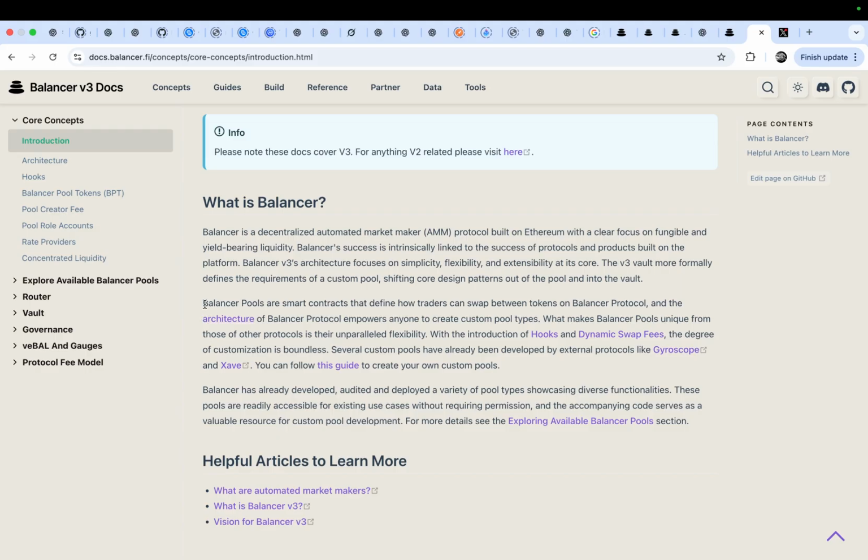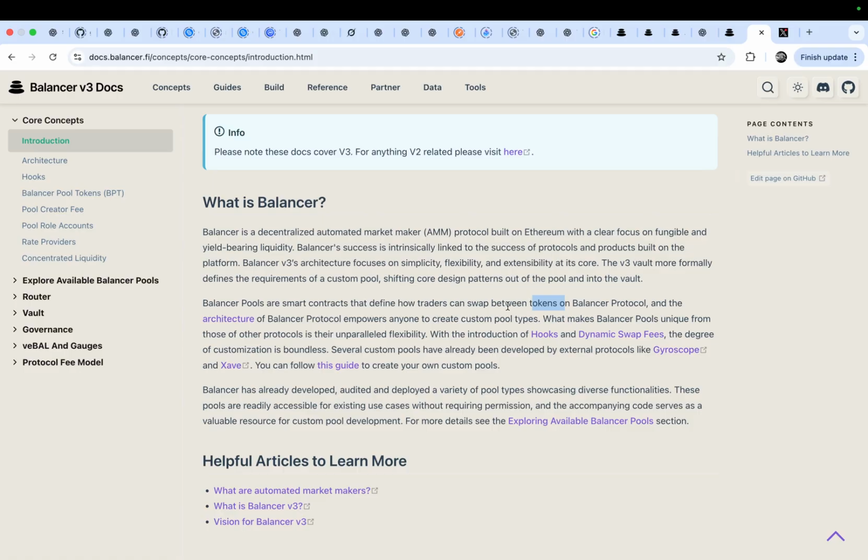Okay. Balancer pools are smart contracts that define how traders can swap between tokens. Of course, there are a lot of kinds of pools.